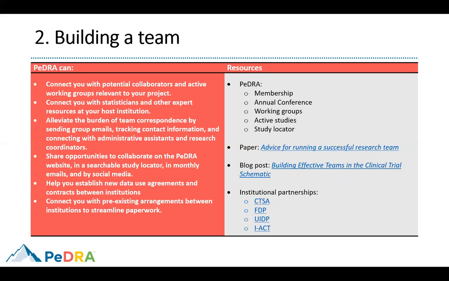Do you need people who can just recruit patients and build your data set? Do you need people who can weigh in with different perspectives? Do you need people with survey expertise or some different type of skill? We are happy to help work with you to determine how many people should be on your team and help build that team out. When it comes time to communicate with a team, this can be a burden on many